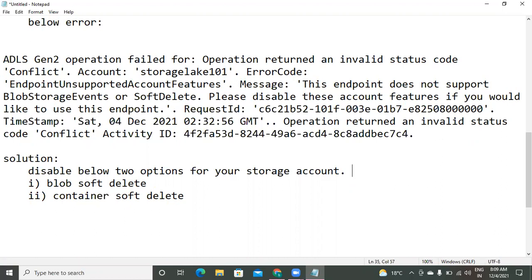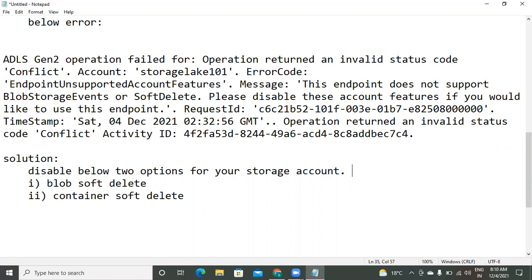But in ADF, it is not allowing me. This might be a bug, or they might have done it deliberately. But if you need such protection at any cost, what do you need to do? Suppose I disable it and by mistake any file goes missing. What is the solution? Create one separate storage account only for backups and take a copy of the important files. Whatever you feel is important, keep as backup in the separate storage account. Maybe this issue will be solved very soon by Microsoft.